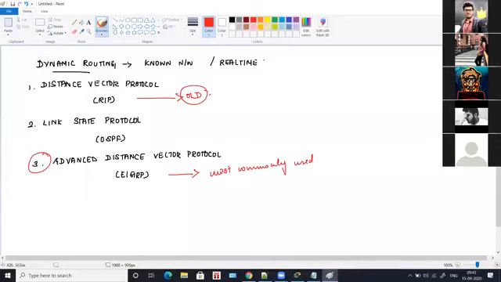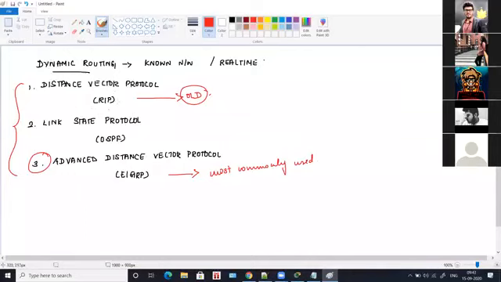Why do we go for routing? We go for routing so that two routers can communicate with each other. That is the only purpose. That purpose is served by these three routing protocols, RIP, OSPF, and EIGRP, which have certain metrics, or certain criteria, for transferring a packet from source to destination. Let's see how that actually works.